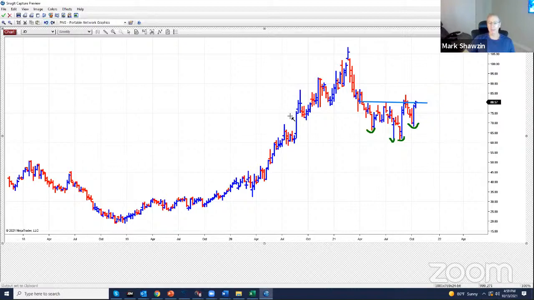What I like about this is not only do we see the double bottom inverted head and shoulders price pattern, but if I look within the pattern, I see what I call the price action confirming the patterns. Sometimes we see certain shapes, but the price, you can see all of this, made a new low, closed on the high, made a new low, closed on the high, made a new low, closed on the huge high. And then last week, it did the same, made a new low and closed on the high.